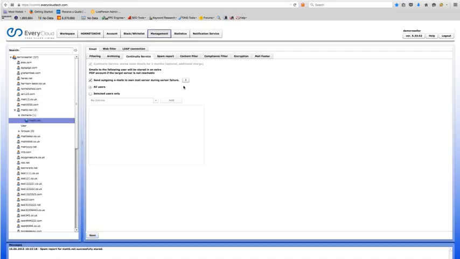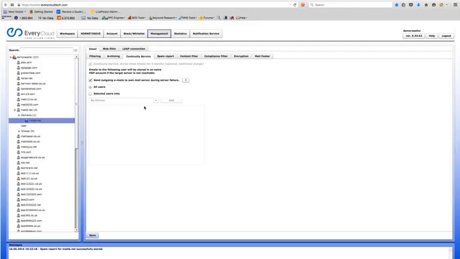webmail, POP, IMAP accounts. The users will log into their control panel. If you've done an LDAP sync, they log into their webmail or mailboxes, and that will be their Active Directory username and password. They can continue working. They can restore from the archive the previous 90 days worth of historical traffic. They can continue working. Once the mail server's back online, then all email will be sent back to the